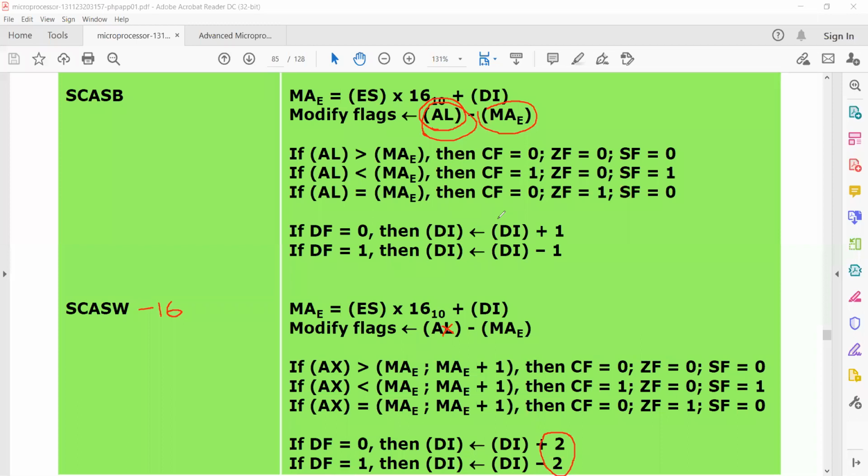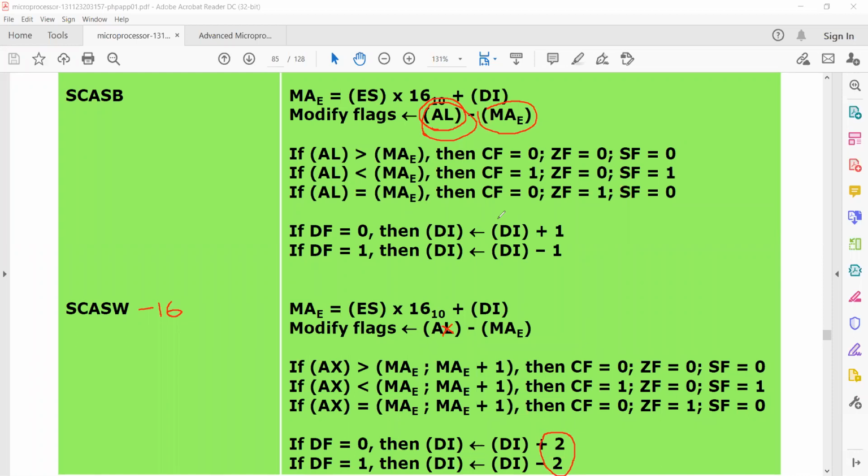When you are using the compare instruction, you can use any source location and any destination location. But when you are using the scan instruction, by default you treat the accumulator register as the source operand.